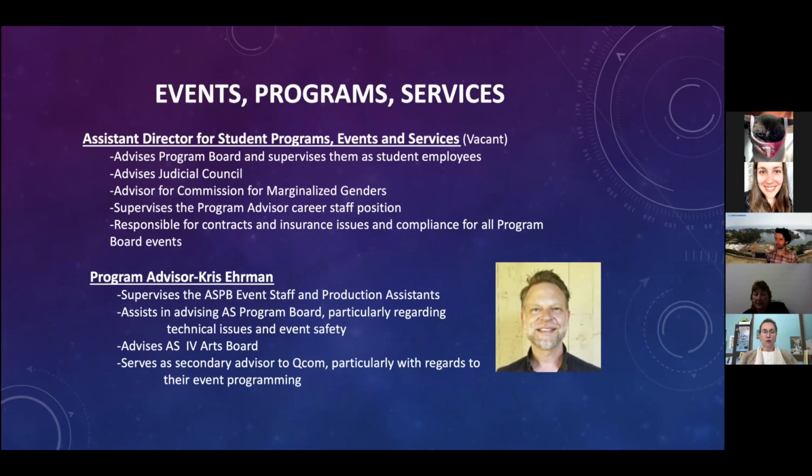Program advisor Chris Ehrman, and that's his picture right there. He supervises the program board event staff and production assistants. So program board employs about 30 students to serve as event staff, which is kind of like ushering staff. They watch doors and work at our events, and production assistants, which help with sound and light at all of